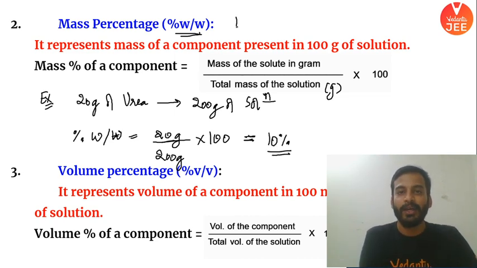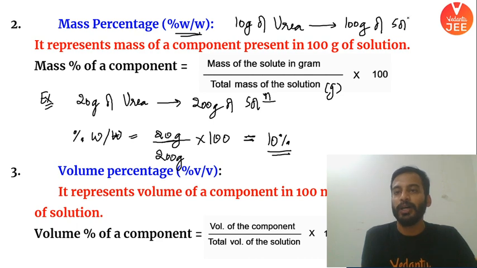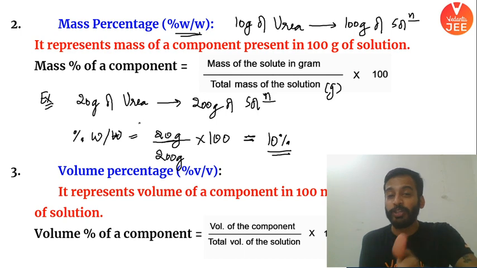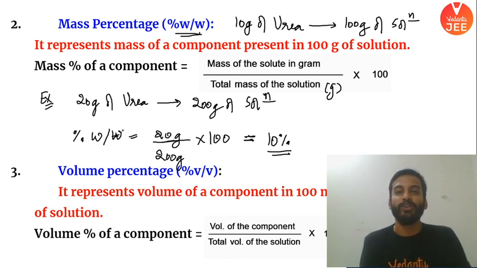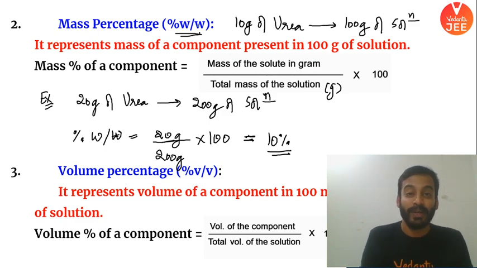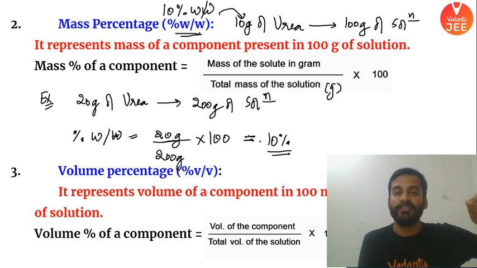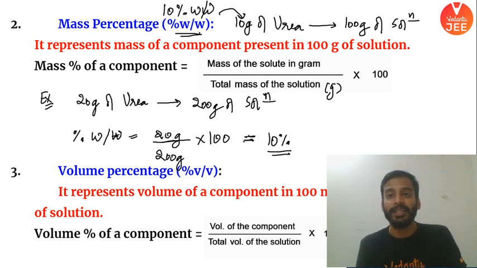इसका मतलब है 10 ग्राम ऑफ यूरिया is present in 100 ग्राम ऑफ सॉल्यूशन। बहुत इंपॉर्टेंट है, बिल्कुल सही बात। देखो, and which is true, if you go for unitary method, 20 gram of urea is dissolved in 200 gram, so 10 will be dissolved in how much? 100 only. But how do you read? For example, if I will be giving you 10% W by W urea solution, you read it like this. It means 10 gram of urea, which is a solute, is dissolved in 100 gram of solution। ठीक है।